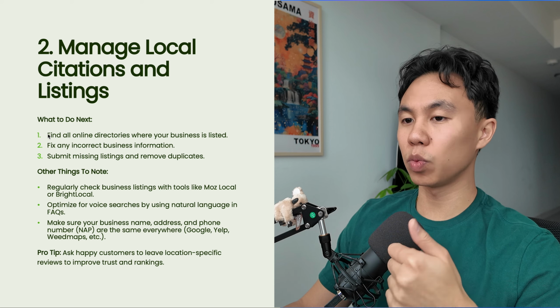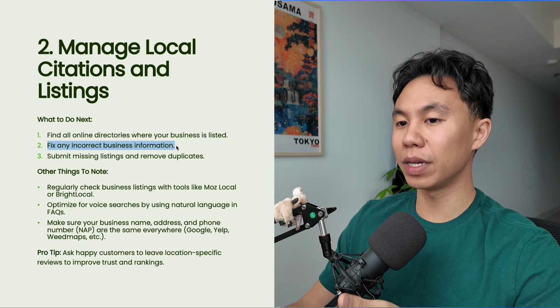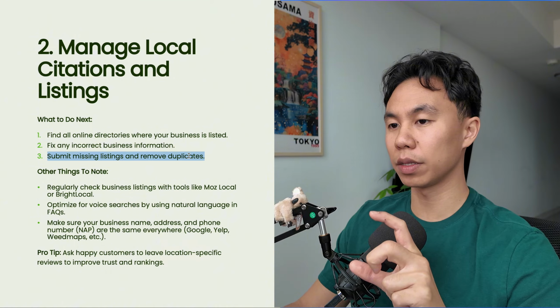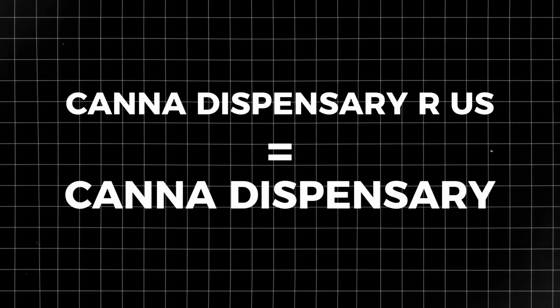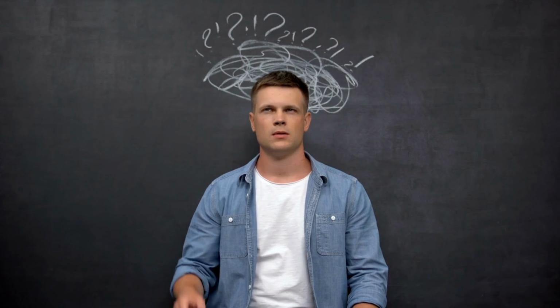So what you want to do next is find all online directories where your business is listed. You want to fix any incorrect business information. And 3, you want to submit missing listings and remove duplicates. Google's pretty good at figuring out small errors in your website, but this is more so about authority. You don't want Google to have to figure out exactly what your business is about. If you say your business is Canna Dispensary R Us or whatever it is, right? And then on another listing, it just says Canna Dispensary, right? Those are 2 essentially different listings,